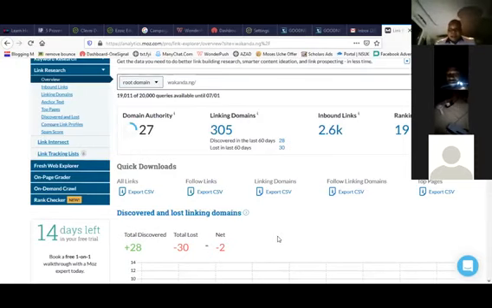So the summary of what I taught you last night is to target keywords that have difficulties below your domain authority. If you have a domain authority of 20, you target keywords with 20 and below, all right? And I've already shown you how to do that using Ahrefs and Moz.